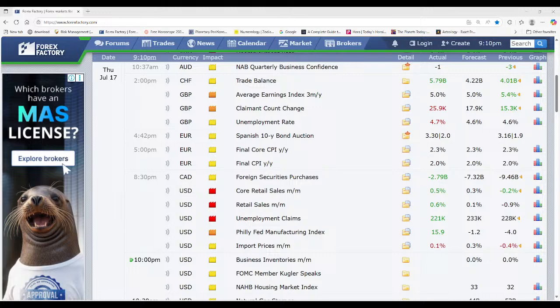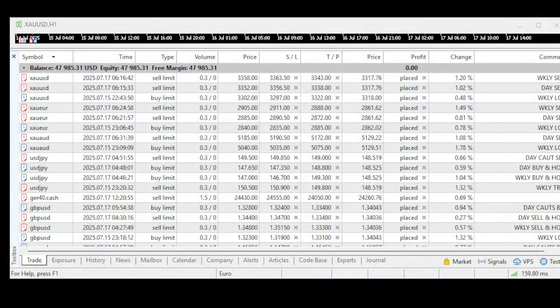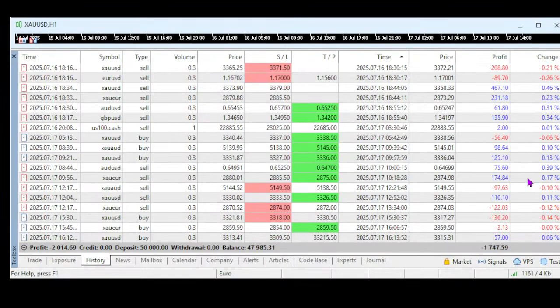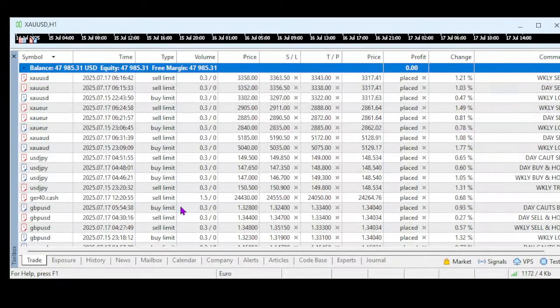As far as our trades are concerned, we don't have any open trades as of now. A couple of trades were filled and we closed them, and I think we are still making a bit of money, but I wouldn't say we are out of the woods yet. Let's start looking at the trades, see whether we can make any adjustments, and move on to the live trades.